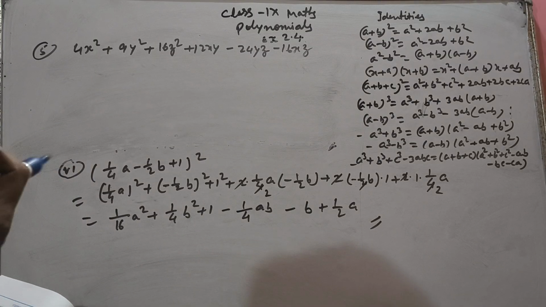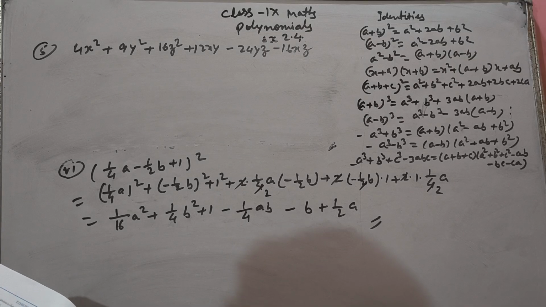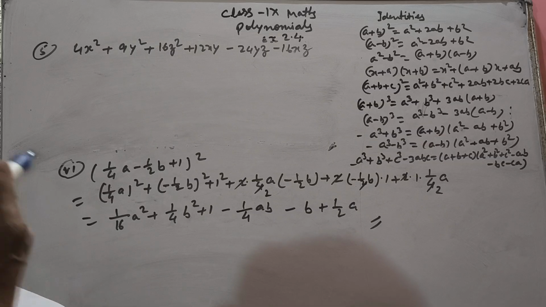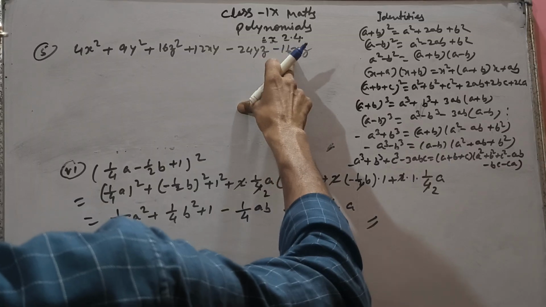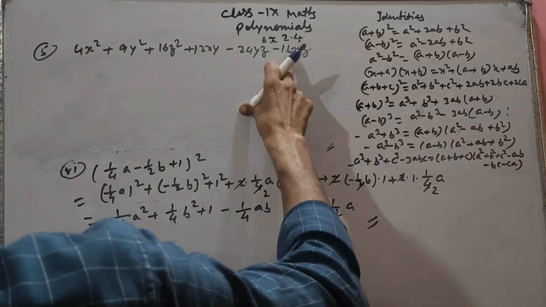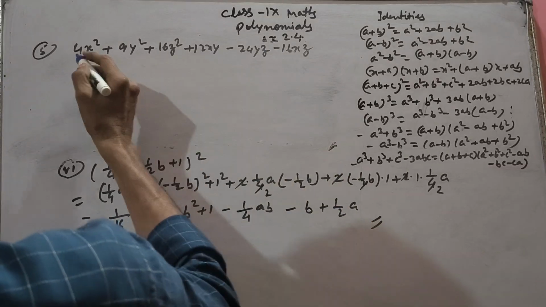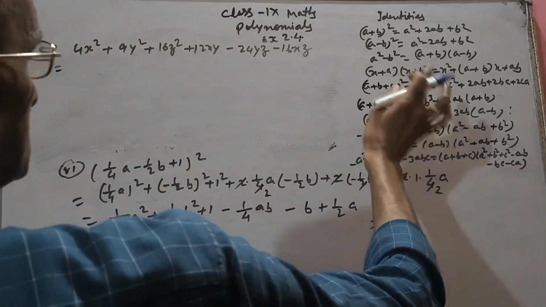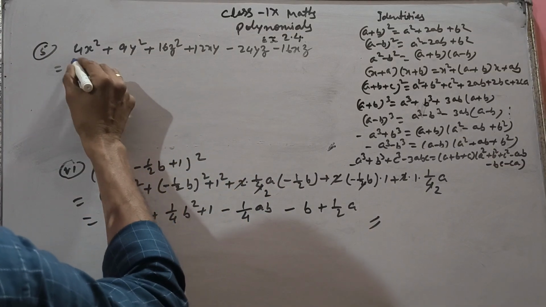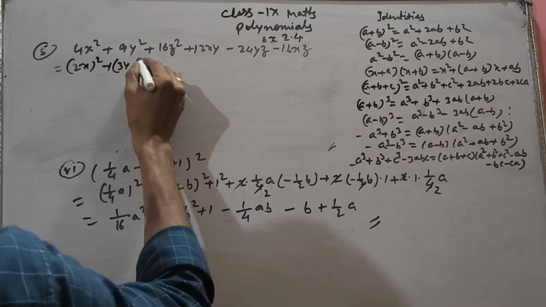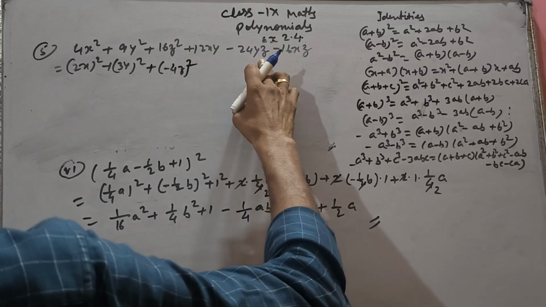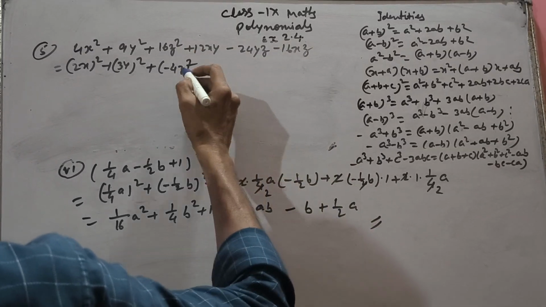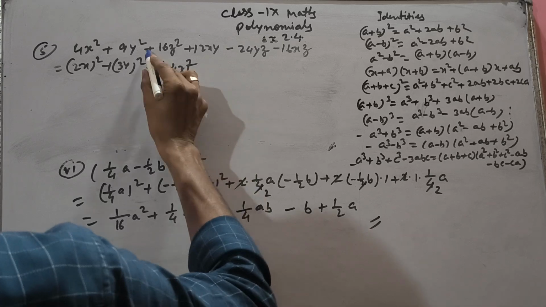So how will you try it now? Minus 24yz, minus 16zx. See, these two terms containing z are negative. What is the meaning of this? z is negative, no? It will help you to understand that z is negative. So we will use this formula only in the first order. So this is (twice x) whole squared plus (3y) whole squared. See, we should write minus 4z, understood, right? Because the term containing z is negative, that means z is negative. So we should write minus 4z, and minus squared will be plus only.